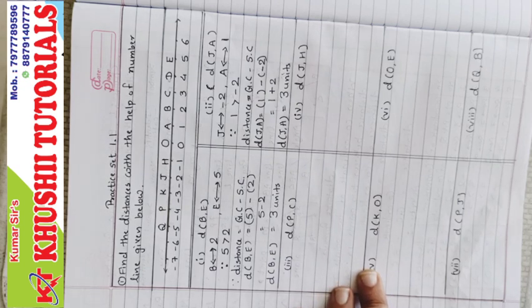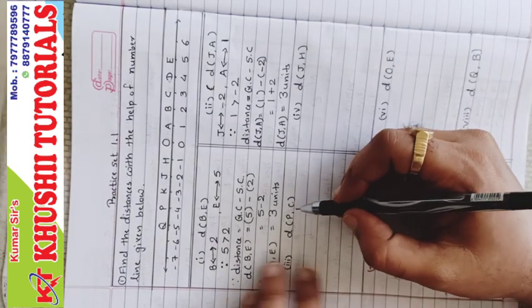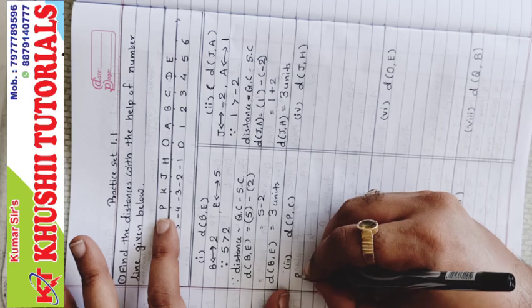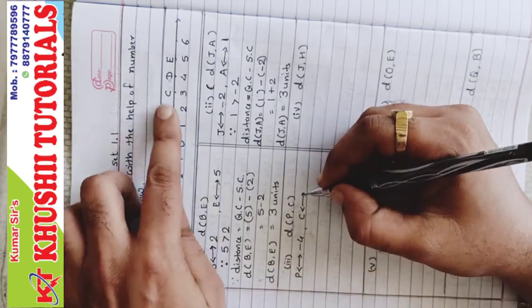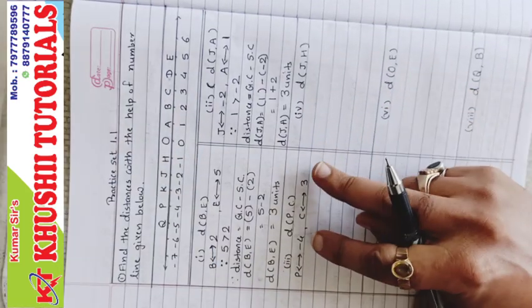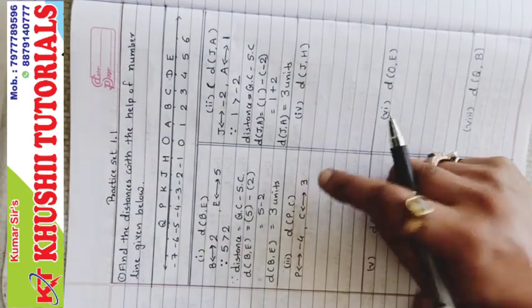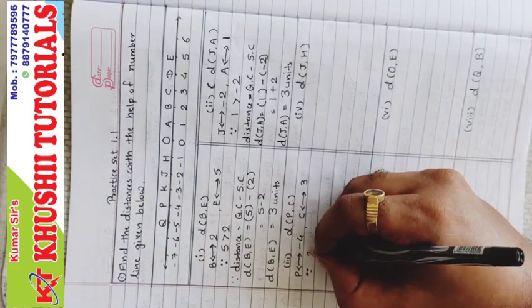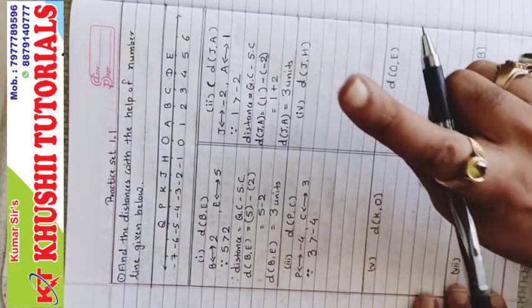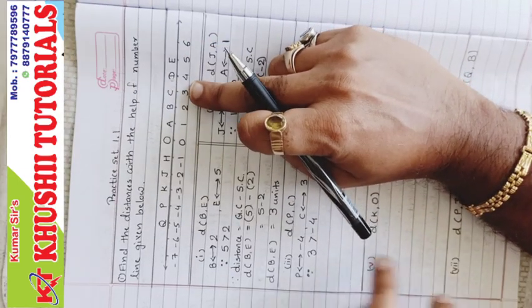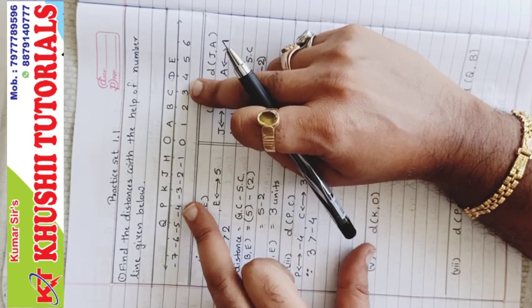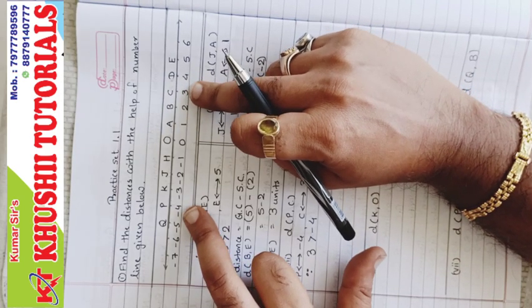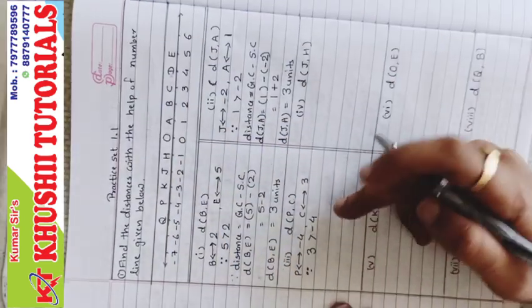The next one, sum number 3, which is p comma c. Now what are the coordinates of p? P coordinate is minus 4 and c coordinate is 3. Now comparison: negative and positive, definitely the positive term is greater. So 3 is greater than minus 4. One more method is there, 3 and minus 4, right and left rule. On the right side we have 3 and on the left side we have minus 4. So the right side number is greater. So 3 is greater than minus 4.